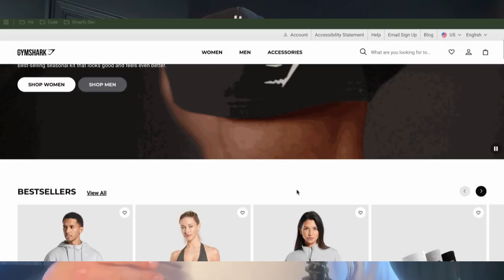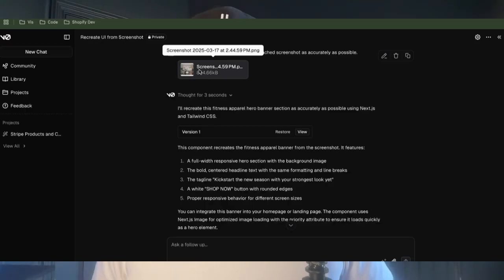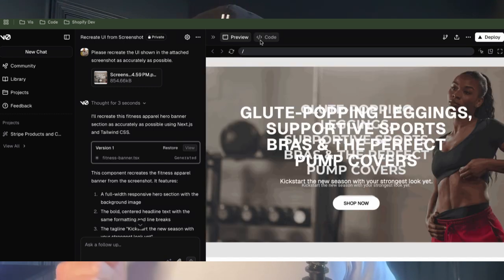Do you ever see another online store that has a really cool feature or design that you'd like to put on your store, but maybe you don't know where to begin or don't write code at all? Well, I'm going to show you how to use AI to recreate these reusable sections for your store with no coding experience required. I've been writing code for over 7 years, and this AI creates pixel-perfect sections from screenshots in